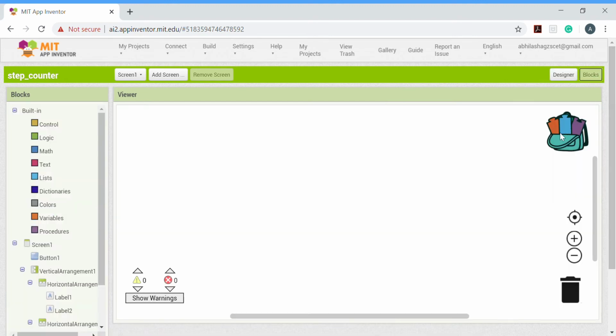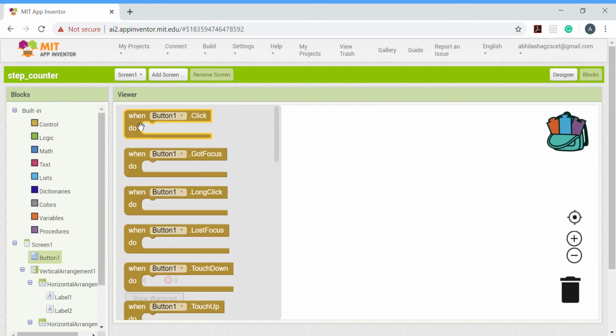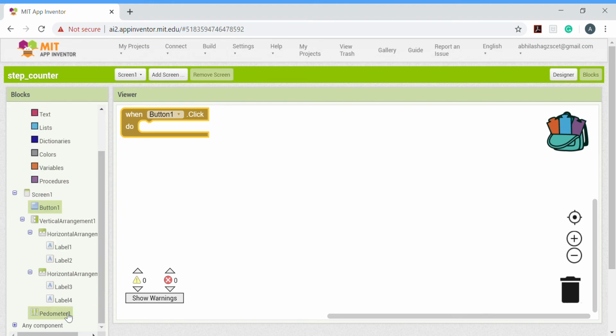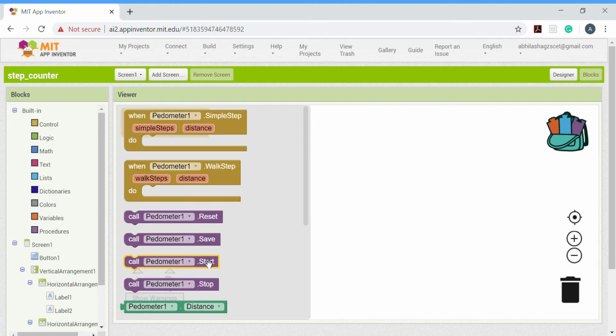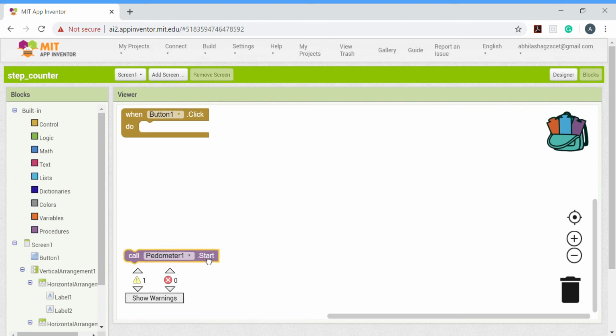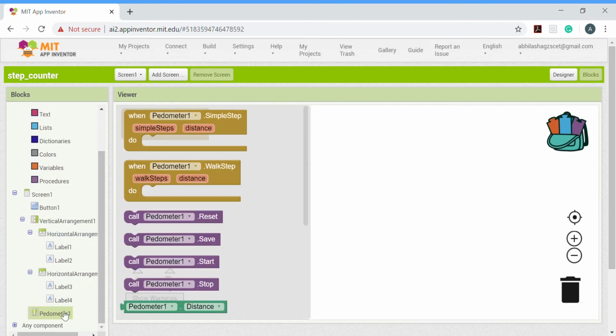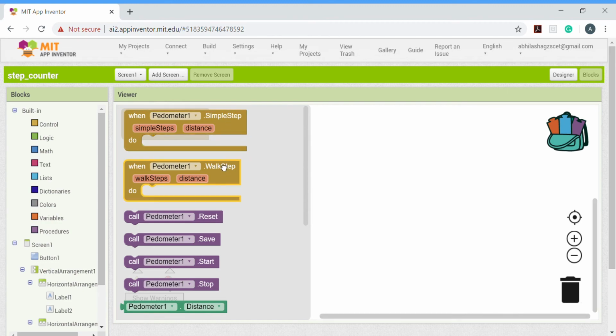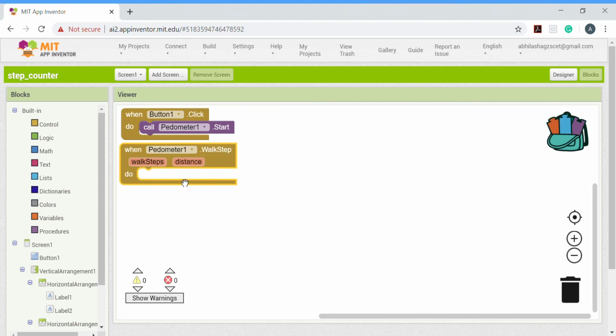Now go in blocks and drag and drop button 1 dot click do, and then click on pedometer, start, and then click on when pedometer walk steps,